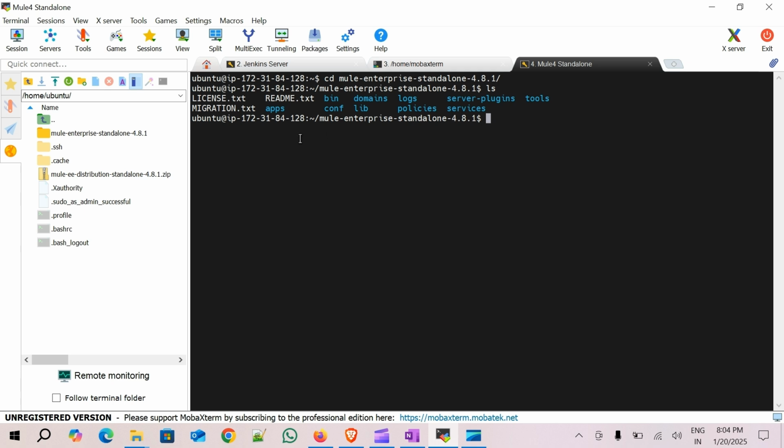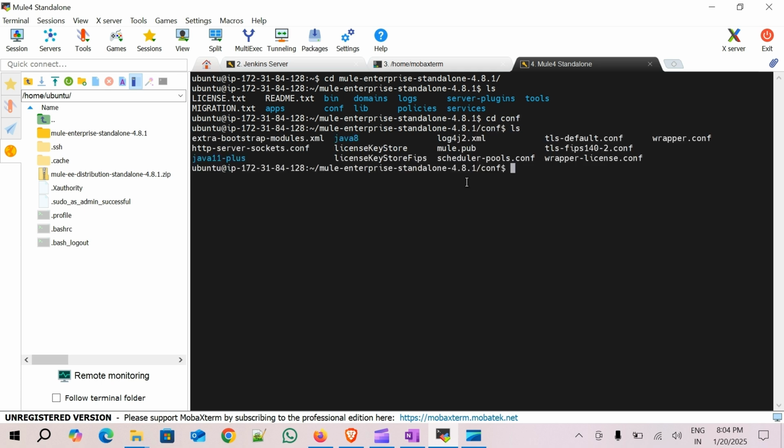Now, since I just have a configuration of 1 GB of RAM, to overcome the heap memory issue, I'll make small modifications to our configuration. So I'll cd into the conf. I need to edit the wrapper configuration. So I'll say vi wrapper.conf,